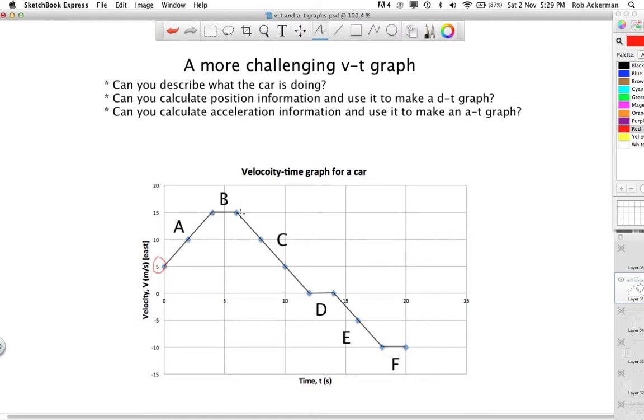Then the object stops accelerating, it moves at a steady rate of 15 meters per second for a little while, and then the velocity diminishes. The velocity becomes less and less until we get to a zero velocity, which means we're stopped. And then we stay at a stationary state for a few seconds, only to pick up the pace now. But look what's happening. Here's where things get different. We're moving into the negative velocity region. What does this mean? What is a negative